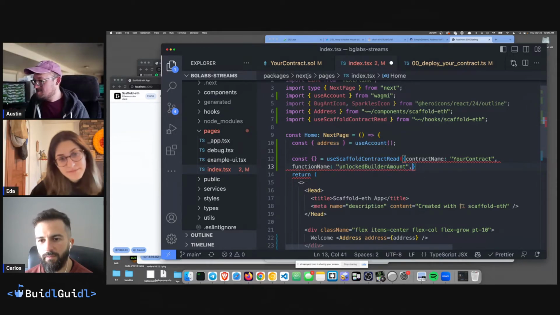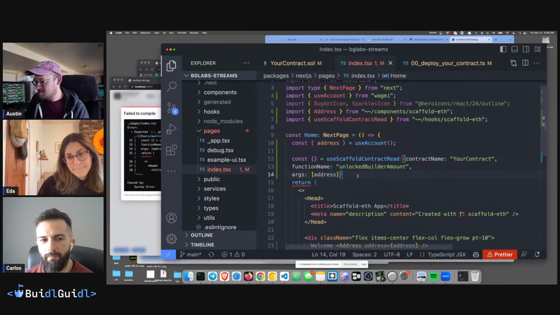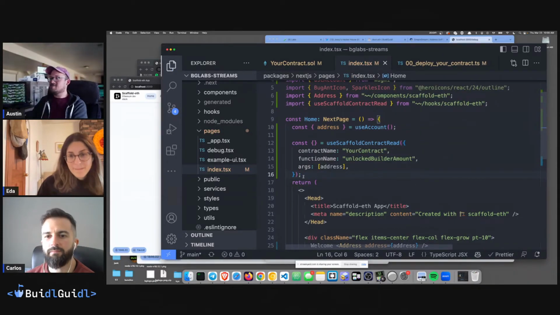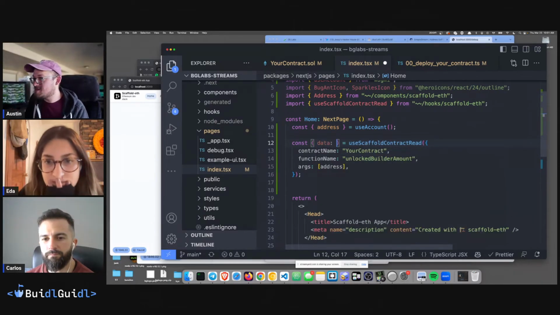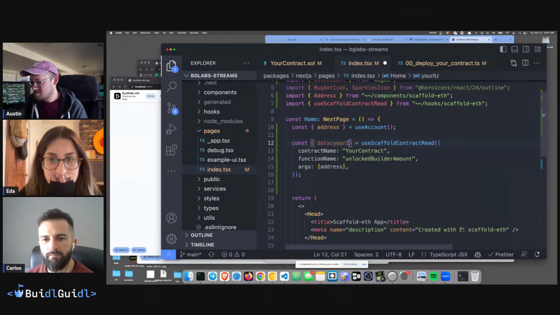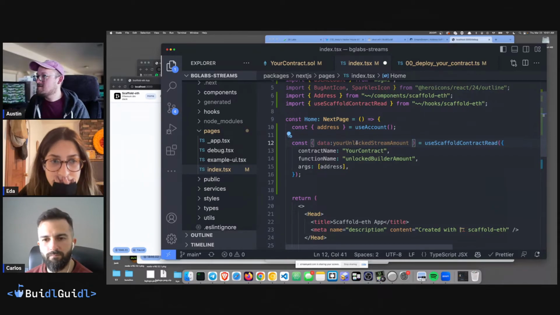And then there are probably some args that take in the address. Okay, we did it. And what's coming in here? Some data probably, and we want to name that yourUnlockStreamAmount.